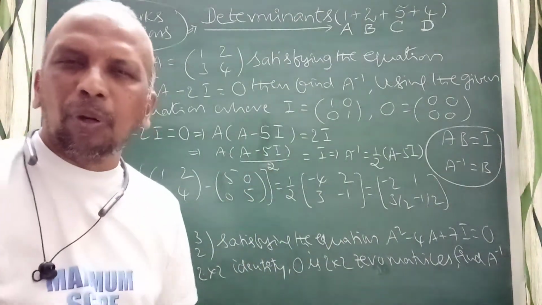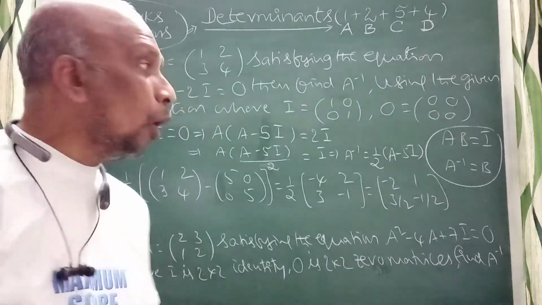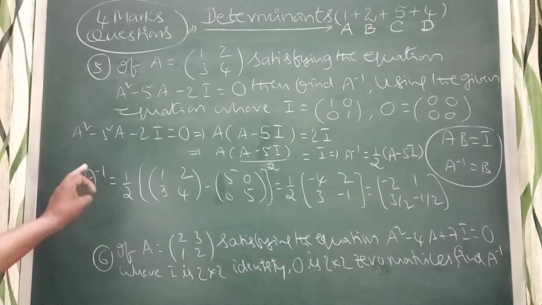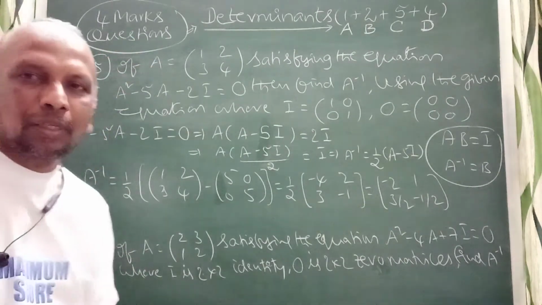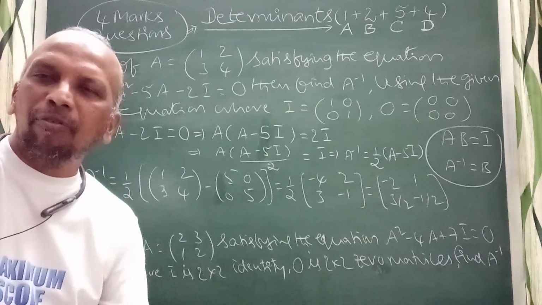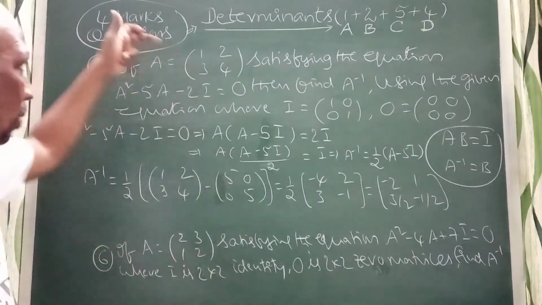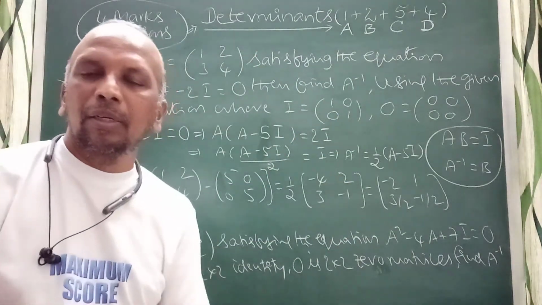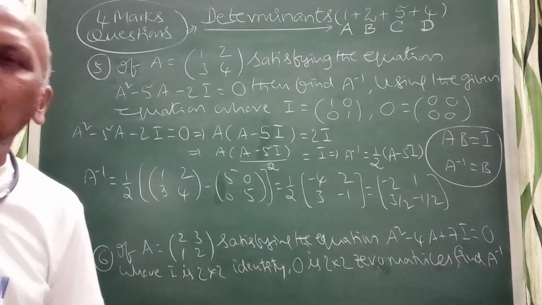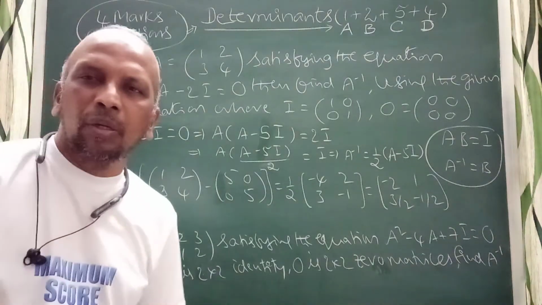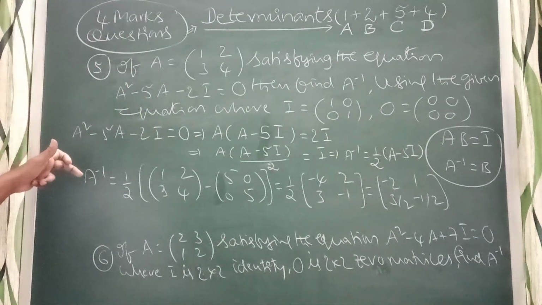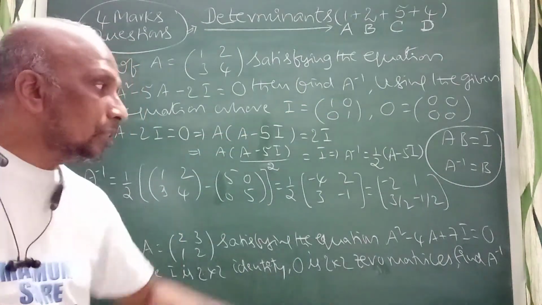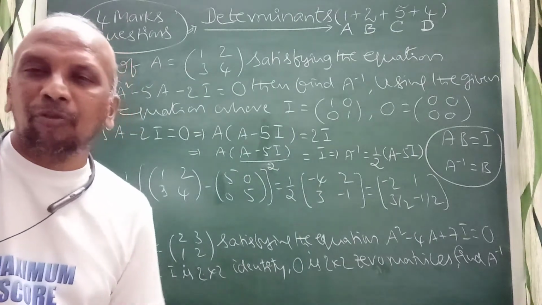Almost I have completed all the problems. I will tell you how to verify whether your answer is correct or not. Even after finding the inverse, you multiply A into A inverse, you should get identity. That is a simple verification, right? You multiply A into A inverse, you will get identity matrix, then you can verify that. If you got identity, your answer is perfectly right. You can verify that way.